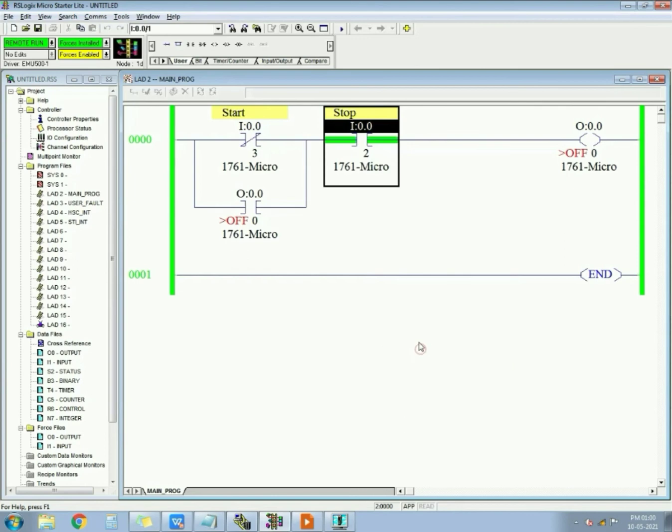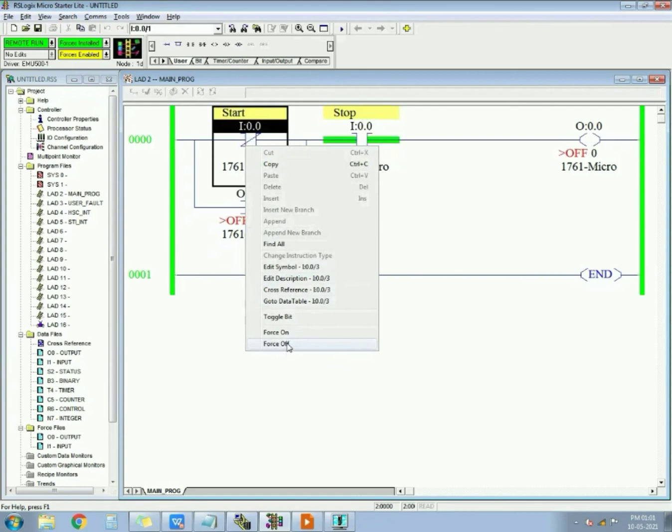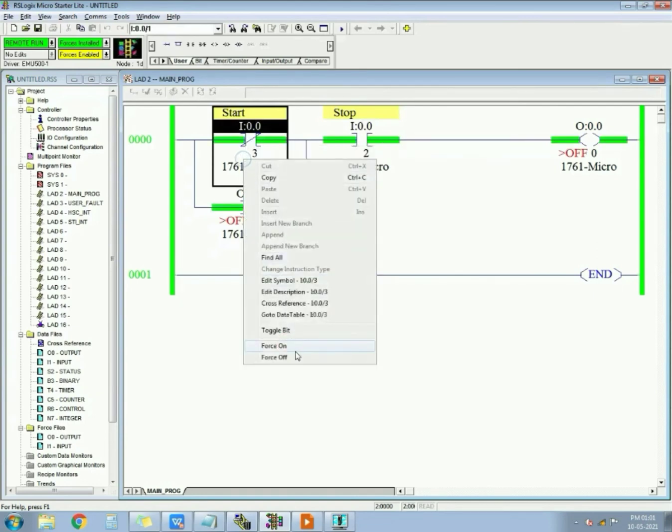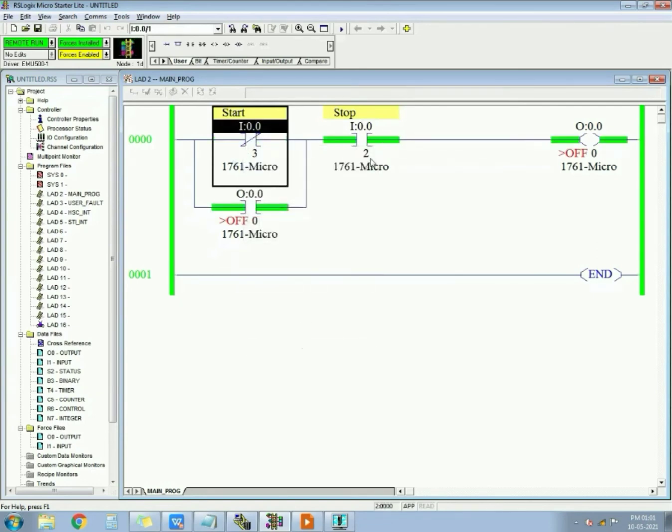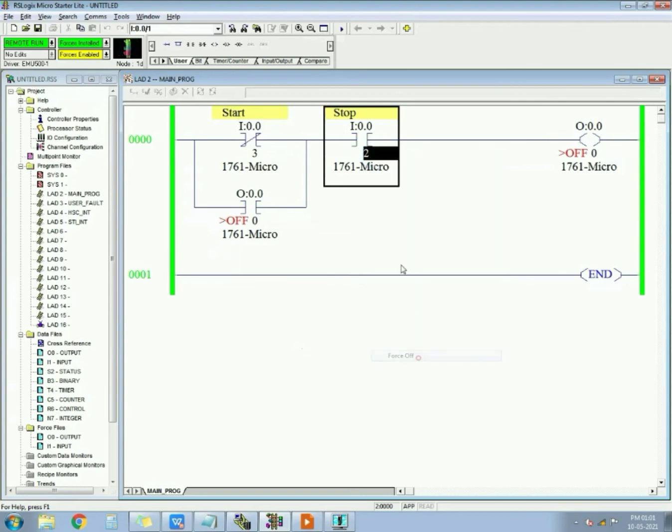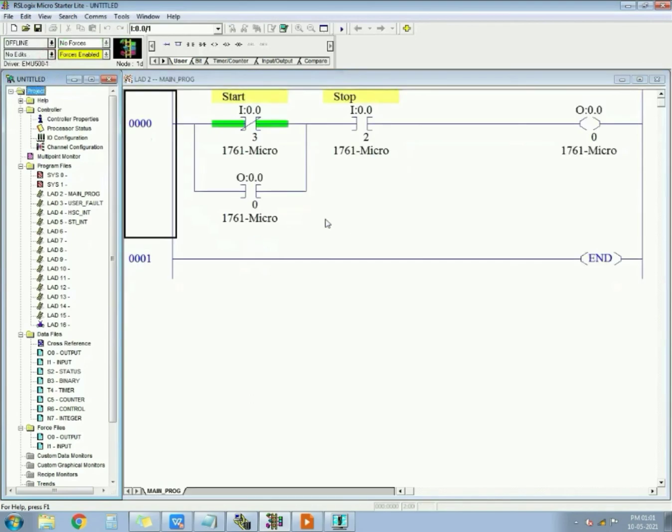When hardware is connected, it will show like this, because NO plus NC will be NC, NC plus NC will be NO. When you force on this and force off this, it will latch the output. When you force on this and force off this, it will cut out the output. So this is how I have to give addressing, and latching is done with respect to hardware and software.